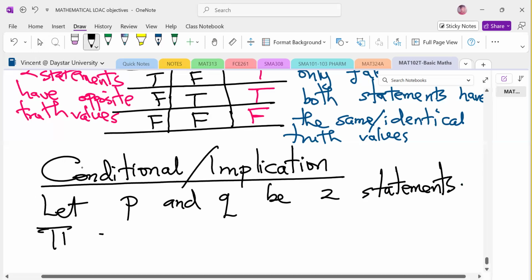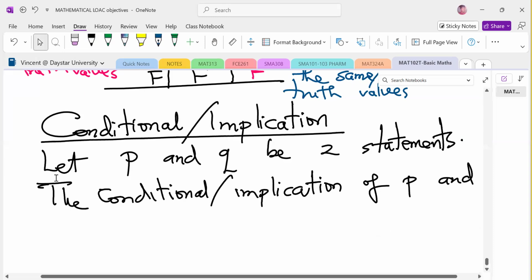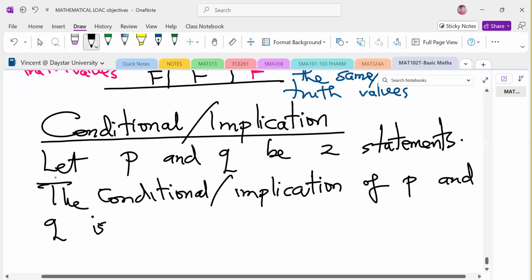The conditional or implication of P and Q denoted by, so you write P, then you write an arrow Q,